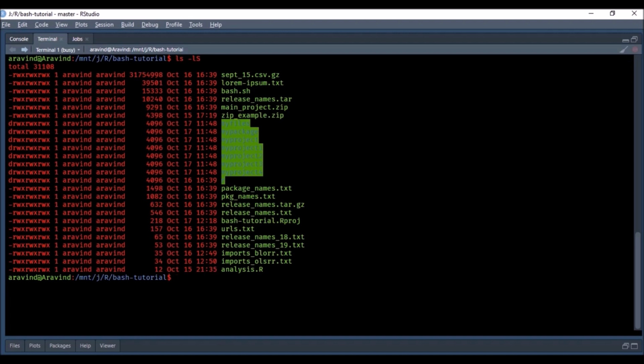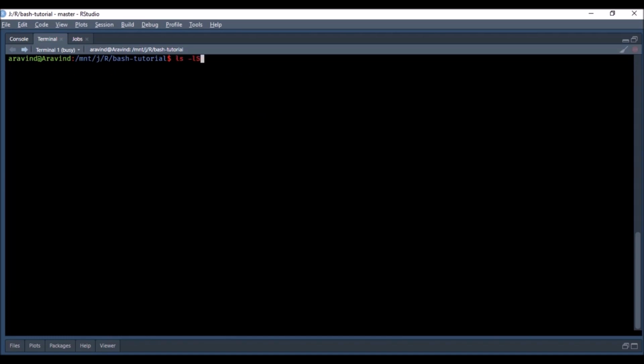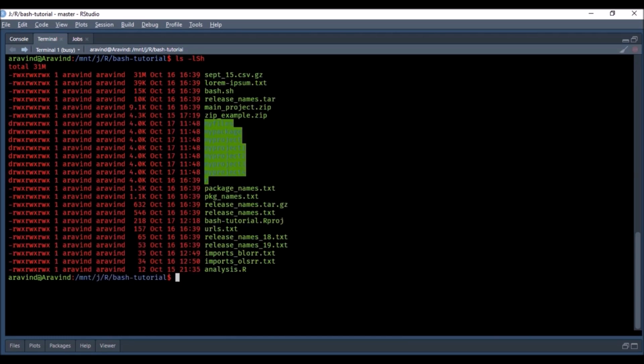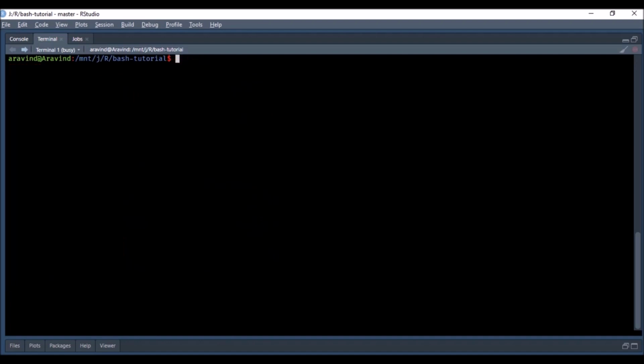and then it goes on to the smallest file, which is analysis.r. And if you want the size to be in human readable format, we'll use the H option as well. Now you can see the size in kilobytes and megabytes. So the biggest file is 31 MB. That's the first file, and then the size goes on reducing. That's the only file which is in megabytes. Rest of them are all in kilobytes. So if you want to sort the listing by size, you can use capital S,